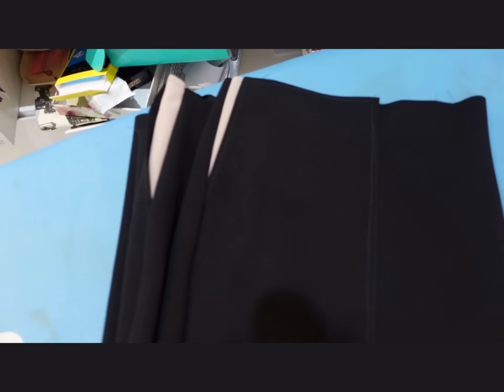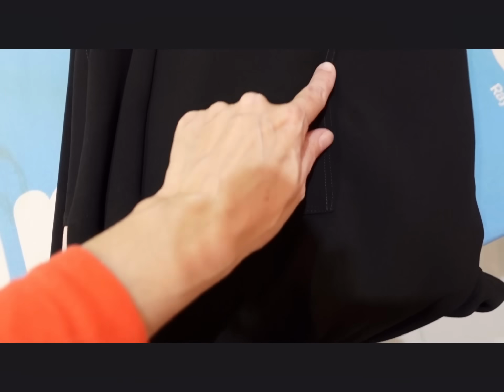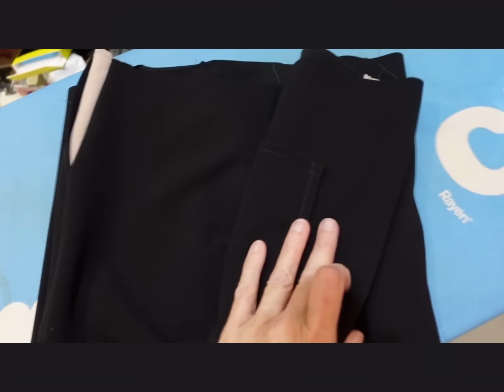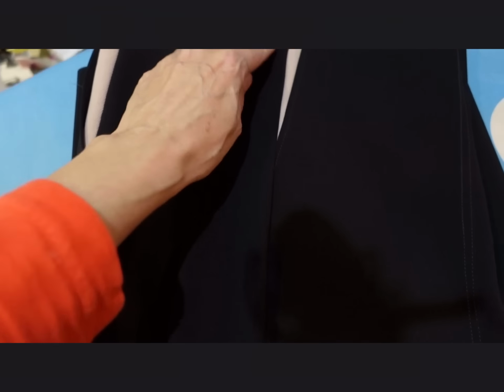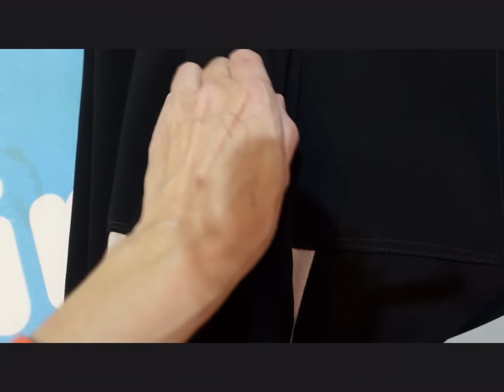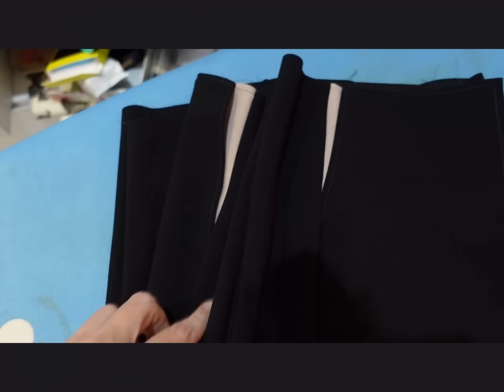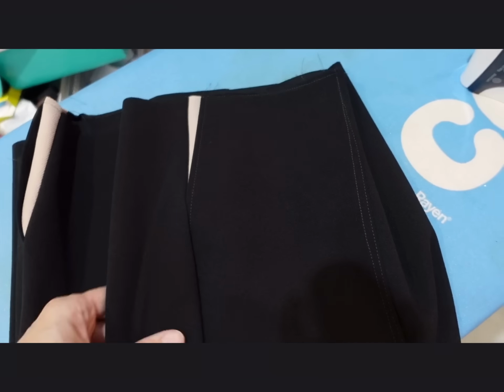Okay, final check-in for today, and this is how far I've gotten. So I have put on the pockets. I decided to put just one pocket on the back, not two, and this is how the side looks. So it's just got like a strip of the putty color, and yeah, so I have tried them on. They are big, but